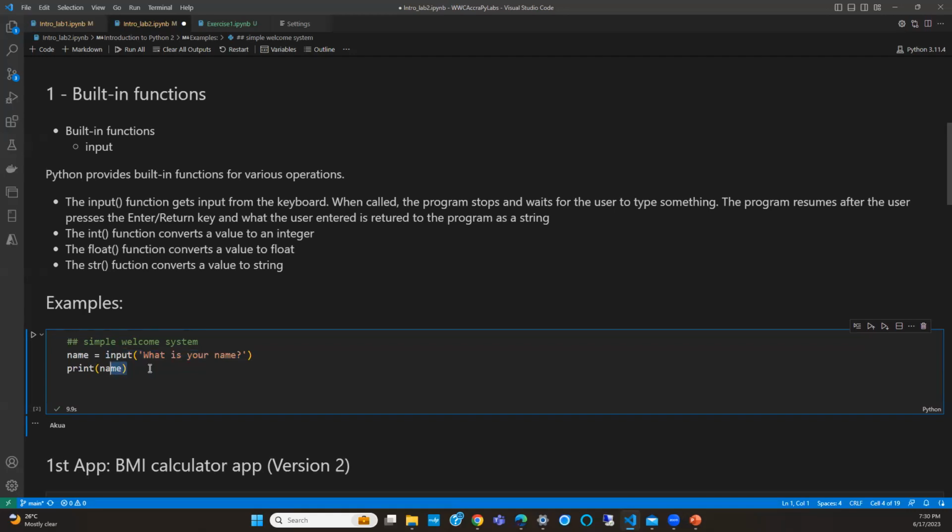Then we would go to the other functions, built-in functions. So we have int. So int, what it does is it converts any value you're passing to that function into an integer. A float would also convert any value passed to it to a float. And the str function will convert any value passed to it to a string. One thing to take note is the values that are being returned from inputs would always be a string. Okay, so even if I put in 1, 2, 3, it's numbers, but because it's encased in quotes, it's a string, right? So the user could be typing in numbers, but in the end, it's string.